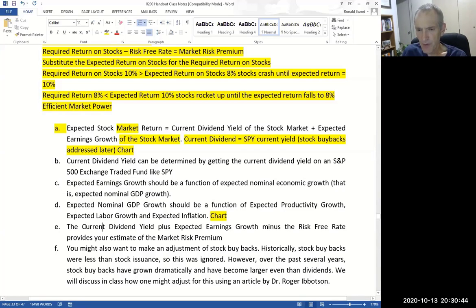So we get the expected return on stocks, we subtract the risk-free rate, and that gives us our market risk premium. So here's the buyback argument. I'll get into that. I'll show you the paper on that. So Thursday night,